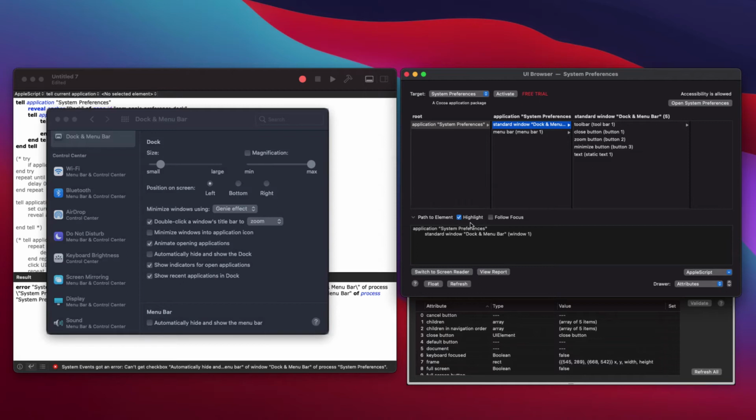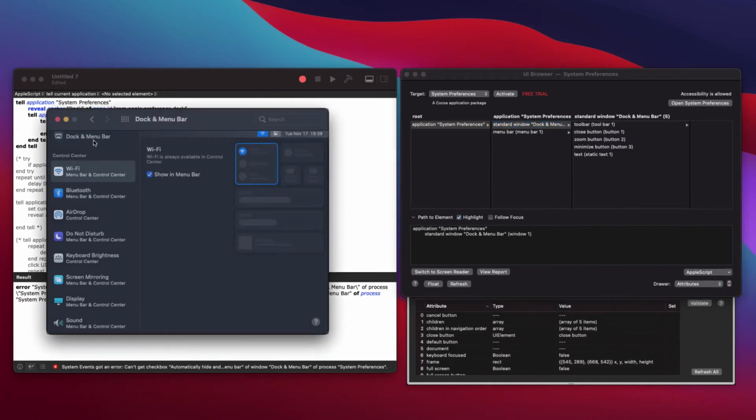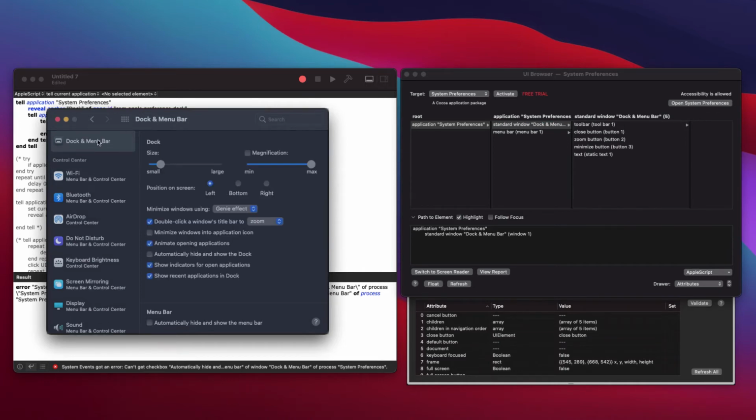I have highlight enabled so you can see that I am highlighting this dock and menu bar window, but I'm not getting all of the objects or attributes that I need for my AppleScript to work. Instead, if I start clicking around in here, and it seems to be a random set of clicking, I've even tried to double click over here,